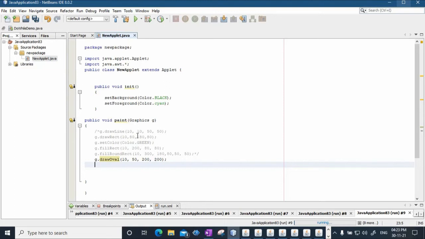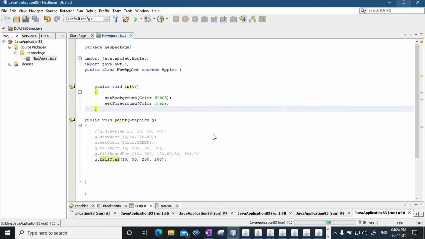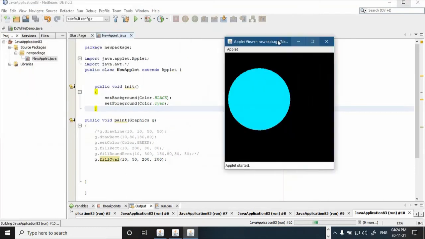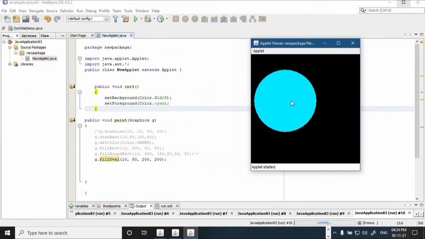All this will happen when you just change these values. This is just a trial and error method, the coordinate values. So if instead of draw oval I say fill oval, it will fill that particular circle with a beautiful color.